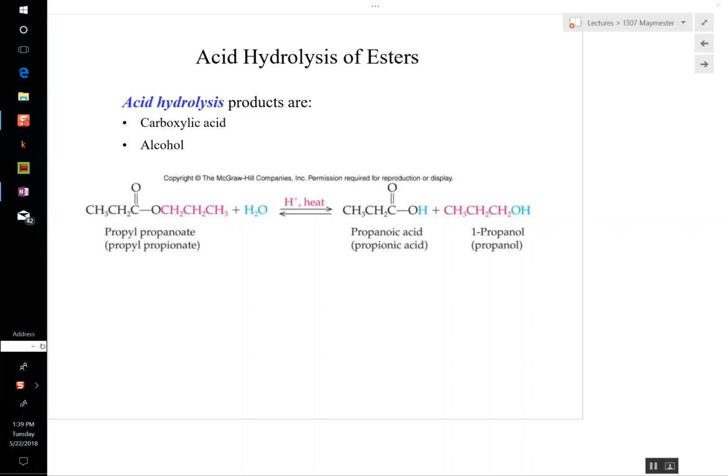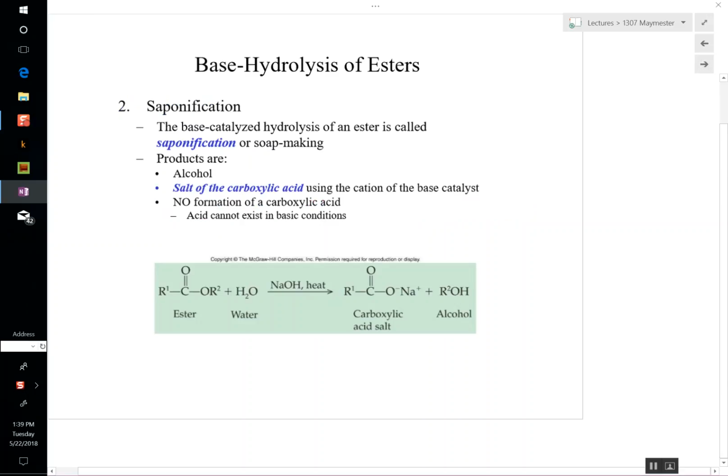Okay, the one more reaction is saponification. I need to make some changes here. Saponification. We're not going to be reacting this with water. Saponification is an ester plus a base. So it's an ester plus a base is going to form